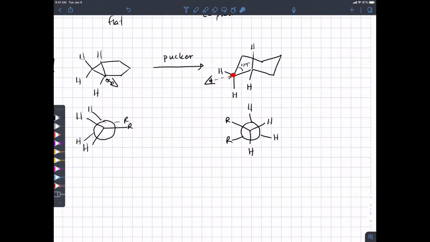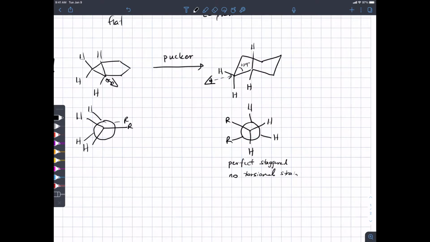And from our perspective, the proton would be coming out to our right, and the proton that's going down would be going down this way in the Newman projection. In the back, we would see a proton coming straight up, and another headed out to our right but angled downward. And so in the six-membered ring, you can get perfectly staggered carbon-hydrogen bonds, so there is no torsional strain